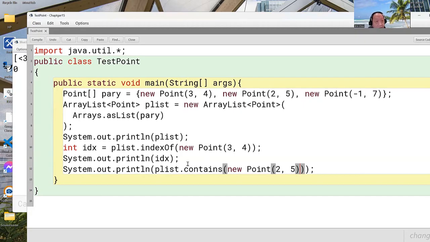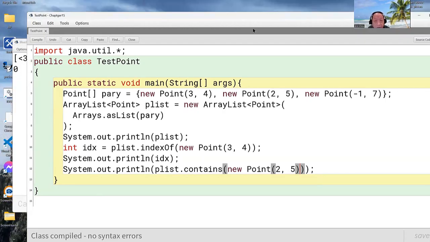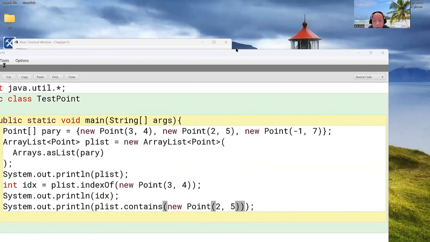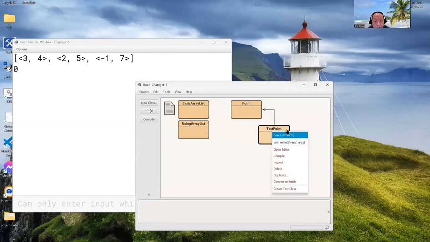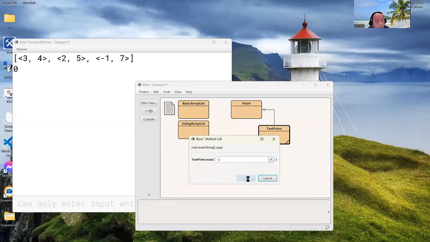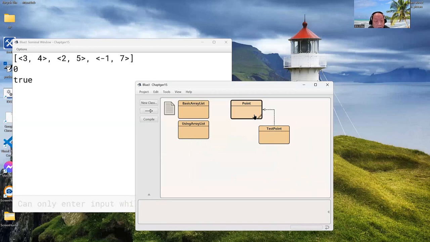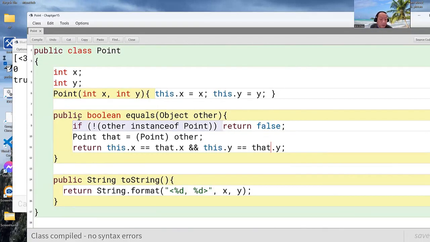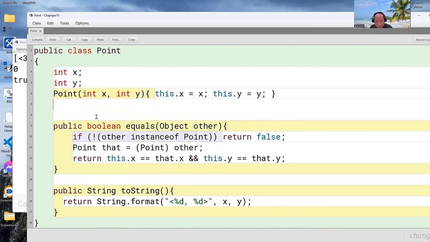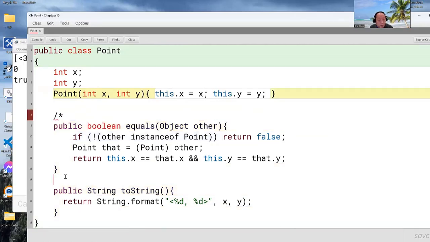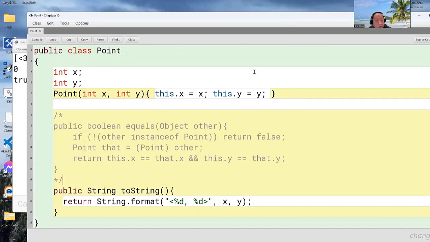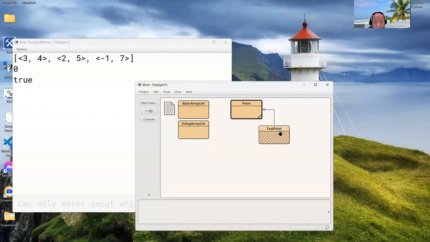Since we have the equals function, right now this contains function should also be true. Okay, it is true. Now let me comment it out as well, just pretending that we do not have an equals function. Then it doesn't work. Then you will go back to -1 and